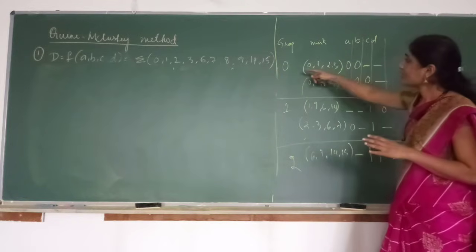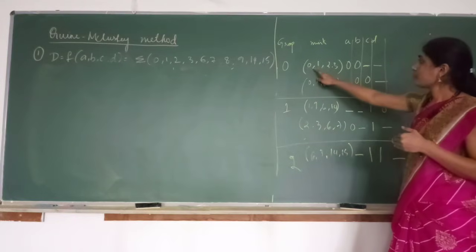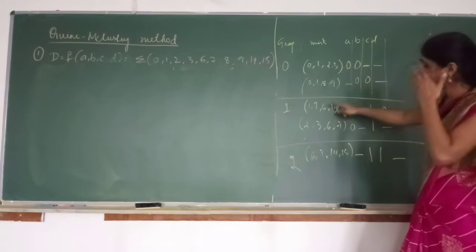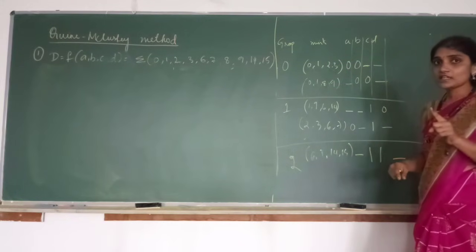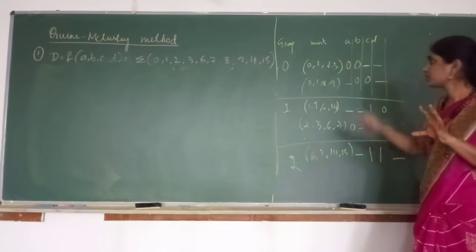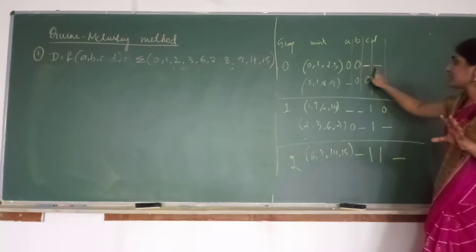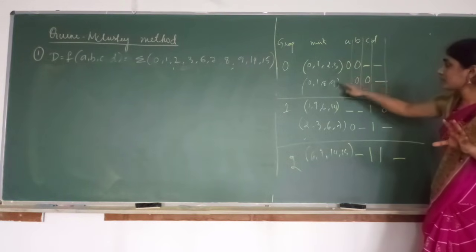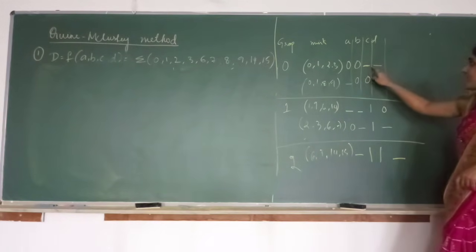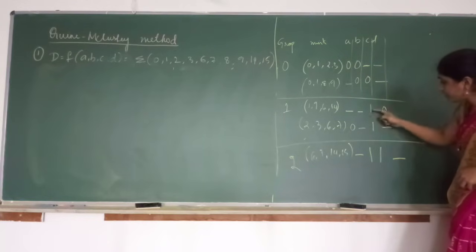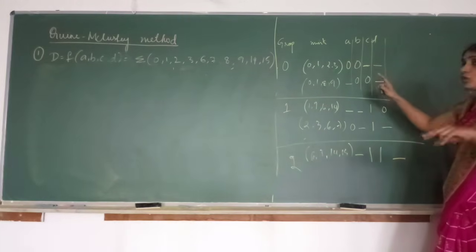So now compare the mean terms that are there in group 0 with 1, 1 with 2. When you compare the mean terms that are present in group 0 with group 1, what is the condition we have? The first condition is dashes must be in the same position. Where do we have dash for the first term? C and D. Now when we are comparing this with the mean terms of this group, dashes must be in the same position. We have dash for C and D. Just see whether we have dash for C and D for the mean terms present in group 1. No. And what is the second condition?